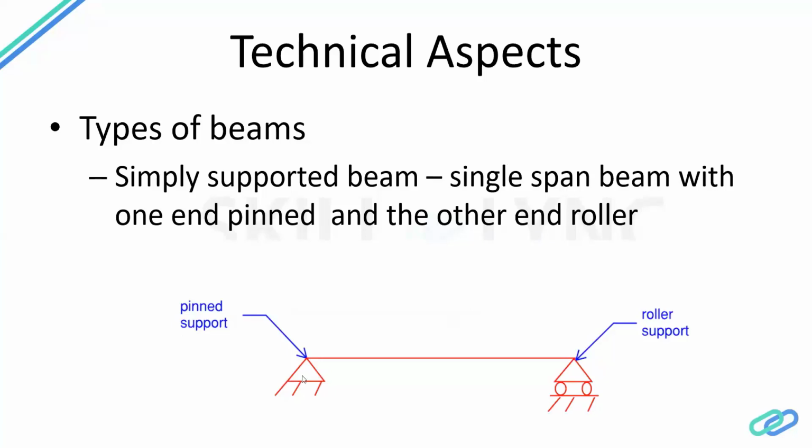The second would be a simply supported beam, which is the most basic one, wherein you have one end which is a pin support and the other is a roller support. This is a very basic single span beam condition. Whatever load you apply, there are no moment reactions developed on either side, just the translational ones. So based on the loads you apply, the reaction is produced at the corresponding joints. If you apply a vertical load, you will see that vertical reaction is developed on this joint as well as this joint. But if you apply an axial load, as we know, since this end can easily glide over, there's no horizontal reaction developed here.